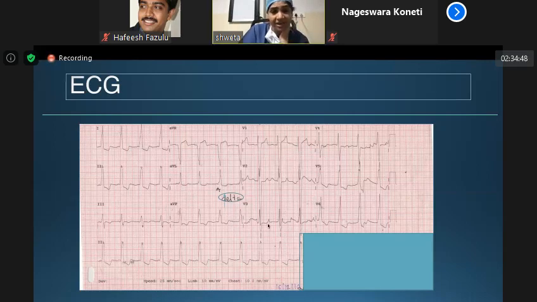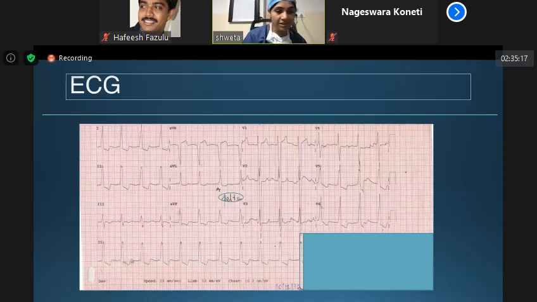Yes, there is very clearly slurring seen in the upright limb of the QRS complex. It's seen in the AVL. It is seen in lead 1. It is seen here in V5, V6. So what is the diagnosis? And what is this morphology actually? Ma'am, this is WPW syndrome with aberrant pathway. Yes, and very good. This is antidromic conduction.